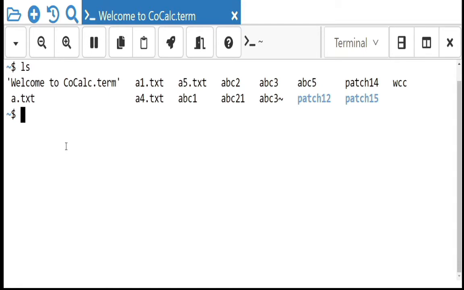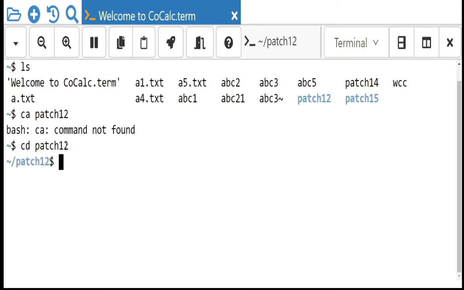Now I want to move the files a5.txt and a1.txt to patch12. First I check, sorry, cd patch12. In patch12 we don't have any other files. Now I want to move a1.txt and a5.txt to patch12.